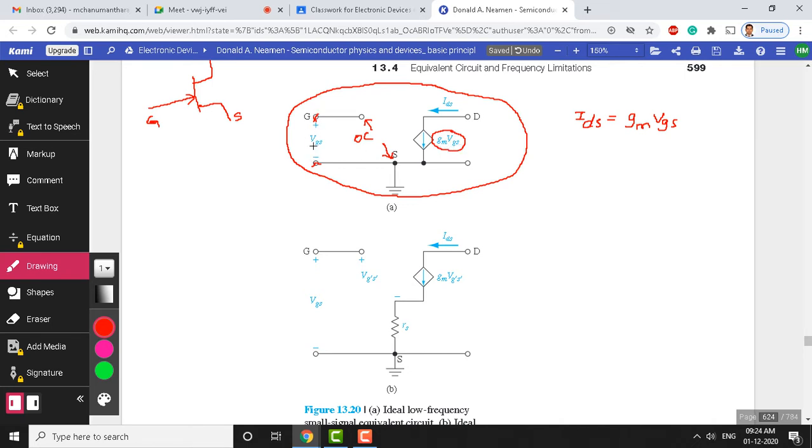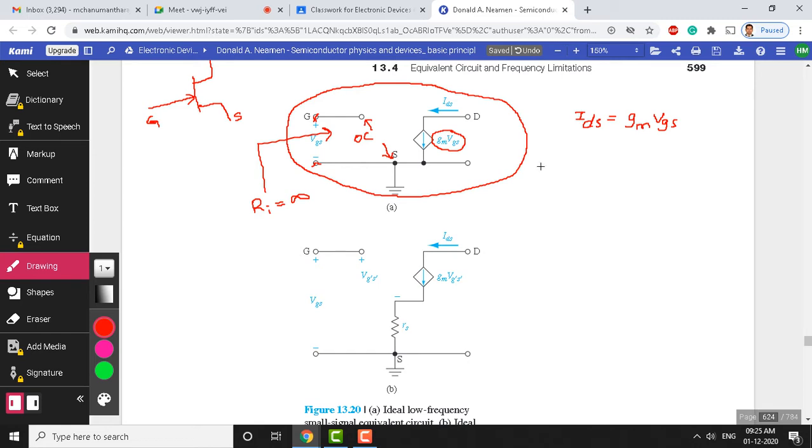If you vary the voltage here, then definitely the current also will vary here. Even in the actual device you will see the same thing: vary the gate source voltage, and the drain to source current varies. Even if you alter the frequency, the same thing gets altered. Between the gate and source there is an open circuit, which means the device exhibits very high resistance between the gate and source. Looking from this side, the resistance Ri is going to be infinity. That means the JFET at the input side exhibits infinite resistance.